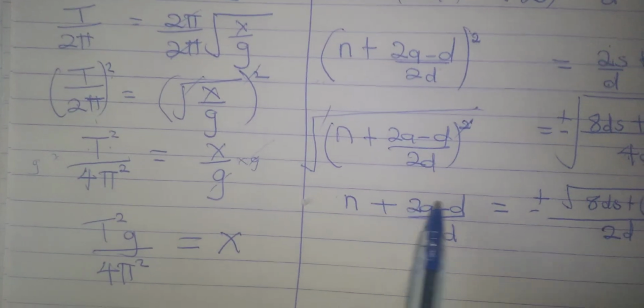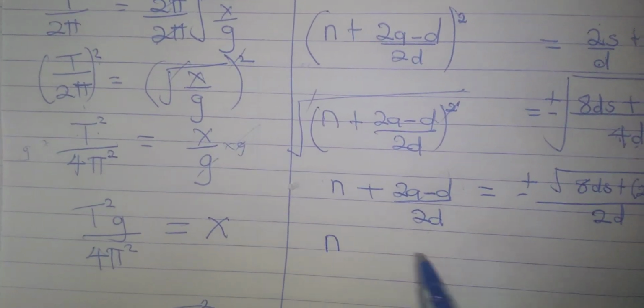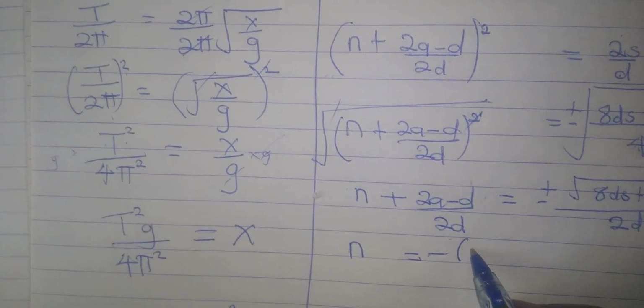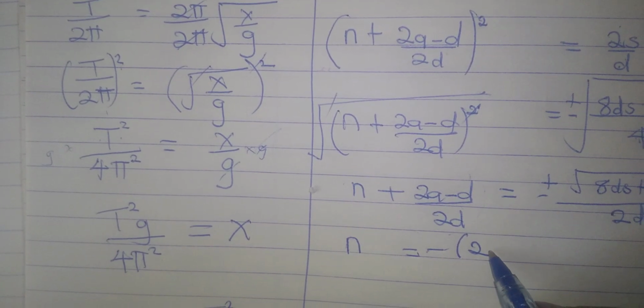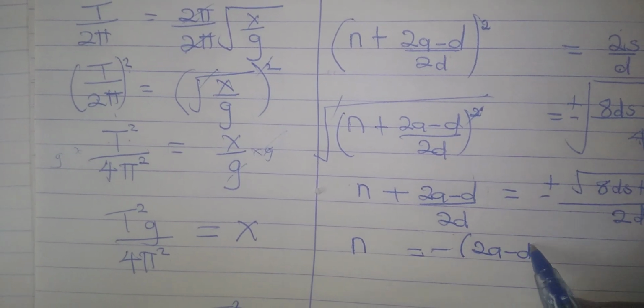From there the whole of this has to shift. Remember I am making n the subject, so n equals, this becomes a negative, but put a bracket there because it will affect that. So 2a minus d